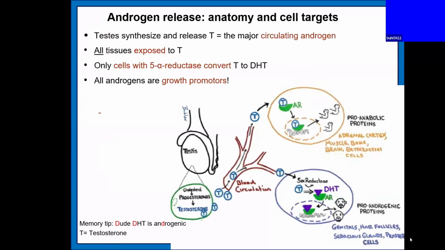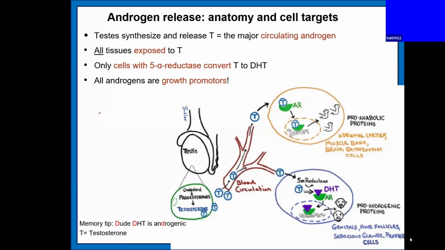Okay, so looking again into these cells, how that's going to occur in the cell. Here you have the testes. In the testes, you have that cholesterol, made the progesterones, made the testosterone. That's what gets released into the circulation, that T. If they go into cells that have the androgen receptor, but don't have 5-alpha reductase, that's a cell that just wants to use testosterone. That's all it wants to use. So the testosterone binds the androgen receptor, that causes gene transcription and causes anabolic effects.